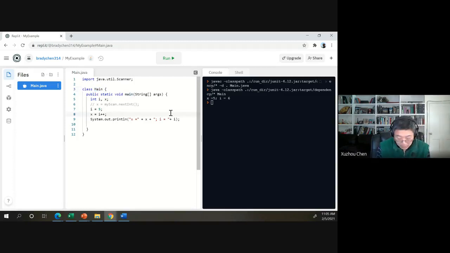Basically, i++ is Java's shortcut for i equals i plus 1. You can simply use i++ to represent this. Then I print out "x =" and the value x, and then another string and another value. So if I run,